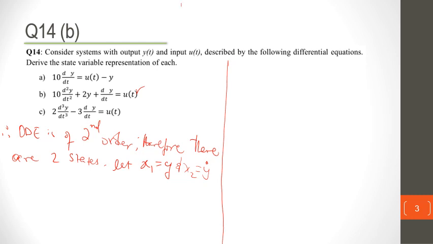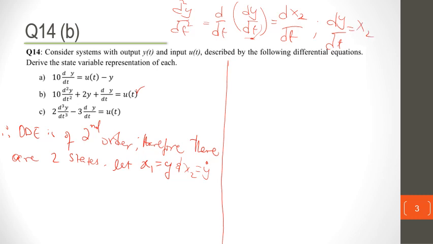So here we say d²y/dt². It's the same as saying d/dt times dy/dt. So this is the same. Now what we are saying is this part we have already declared as x2. So which means we have, that's how you write it, right? Because we have already said dy/dt is equal to x2. Okay, so going back, we can say the ODE